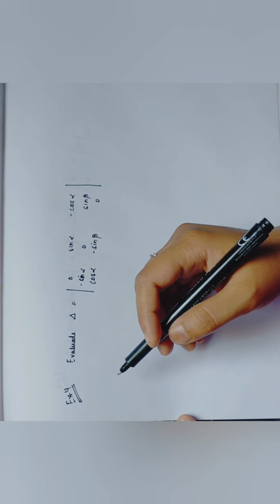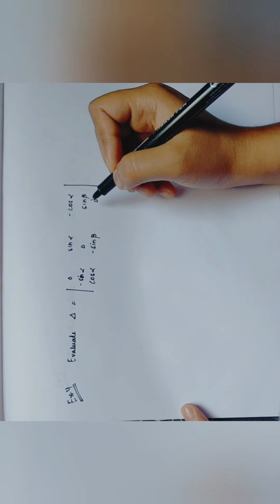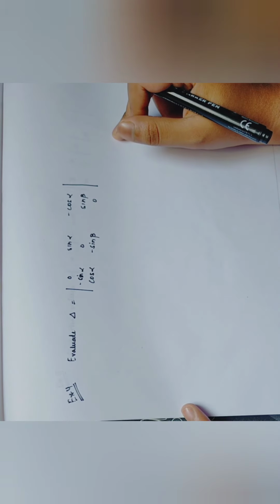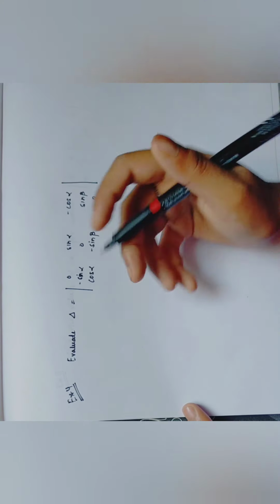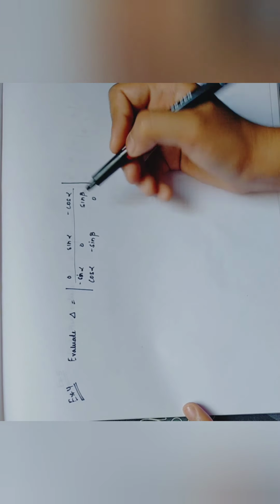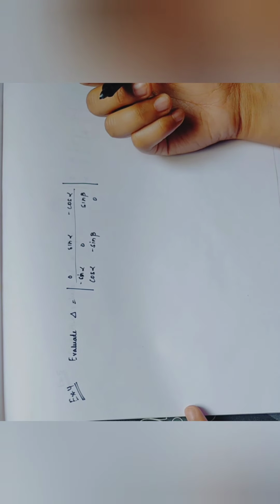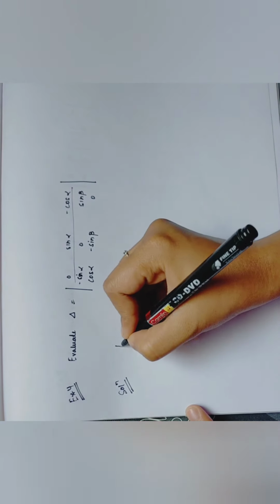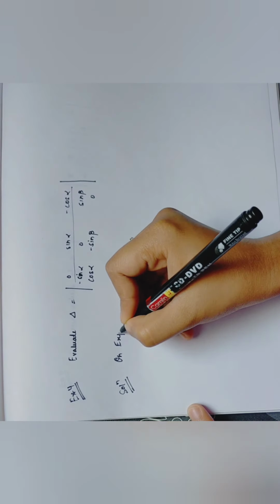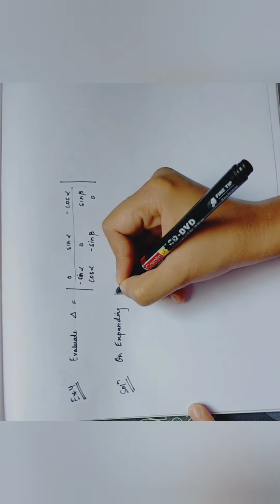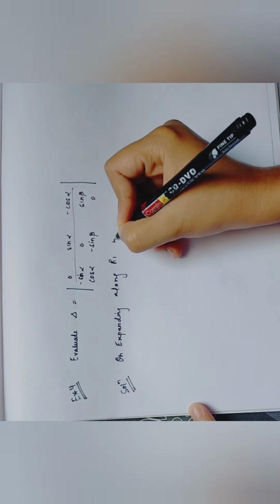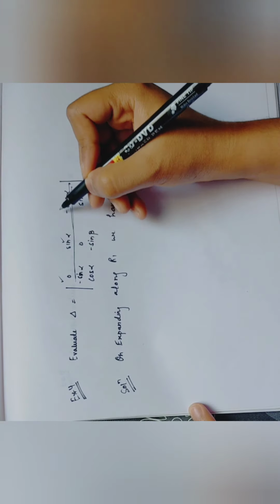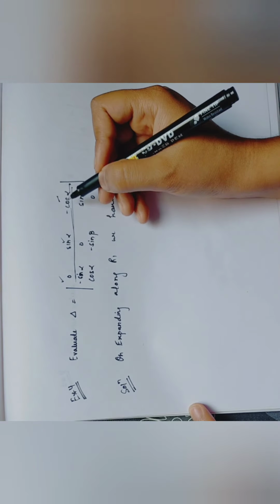Now let's start example 4. Now here it is also a form of 3 by 3. So I will write here the complete language so that you should not have any problem in writing in your copies also. So expanding along R1, as we did earlier in example 3, we expand along R1 in that question also. Here also we will do the same, but we also have to mention it. So on expanding along R1 we have, that means we are operating along this row, that is we will take its elements, that is a11, a12 and a13.